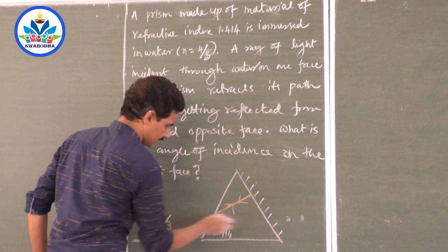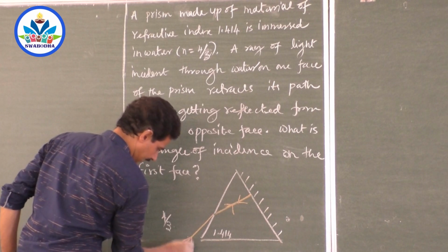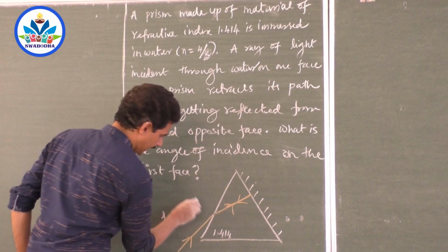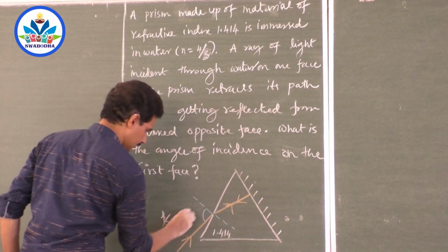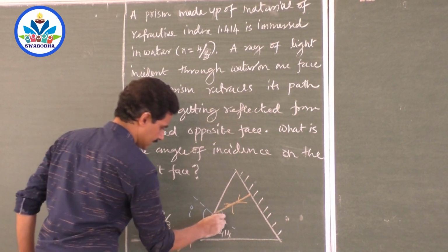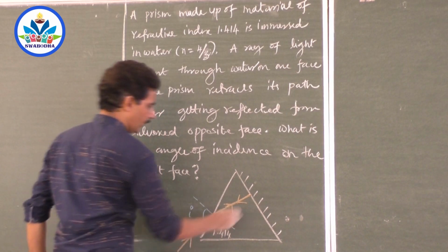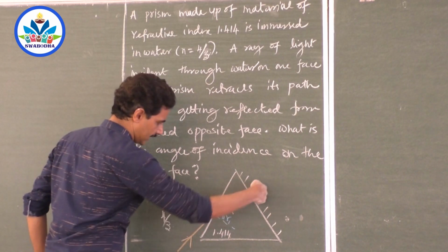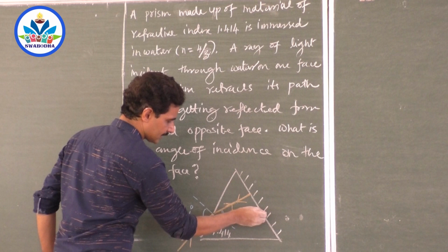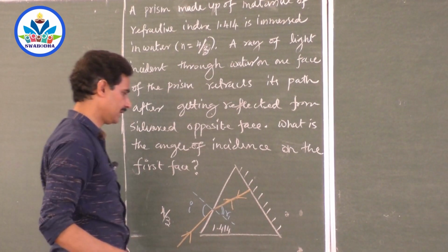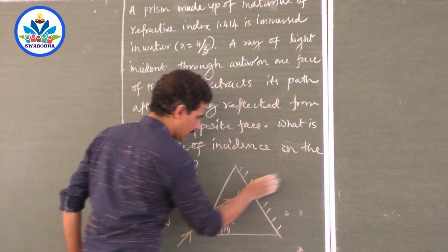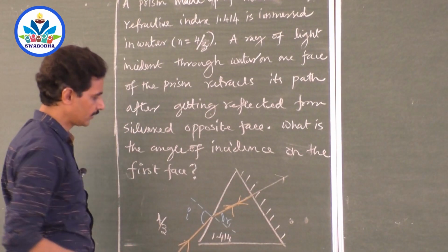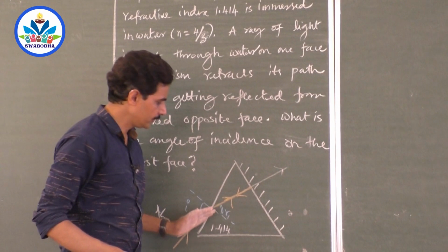So I is 0, R is 0. That means what is this angle? That is their question. What is the angle of incidence on the first face? This one, say this is R1. What is R2? It moves like this and comes back. Suppose this silvered face is absent. Imagine that there is no silvered face. What would have happened to this ray? It would have moved straight like this. Am I right? If there was no silvered face, the ray would have moved straight.